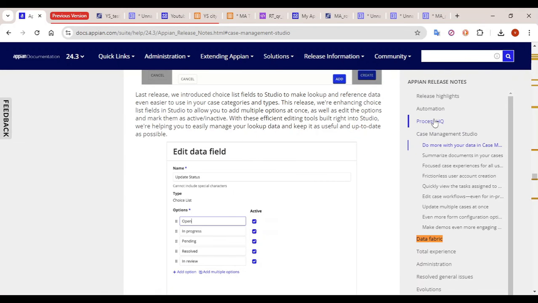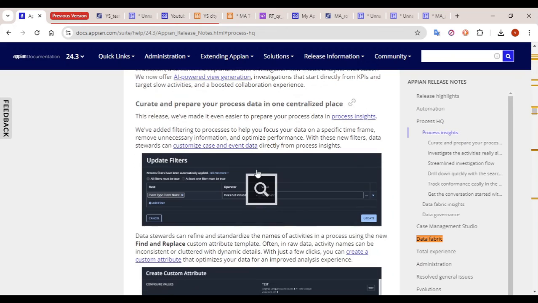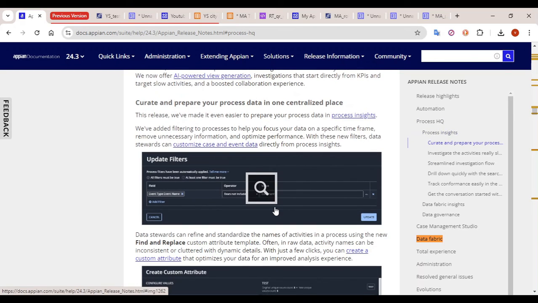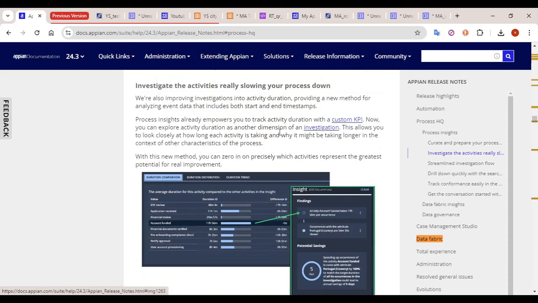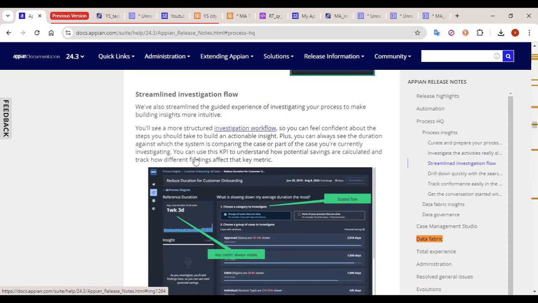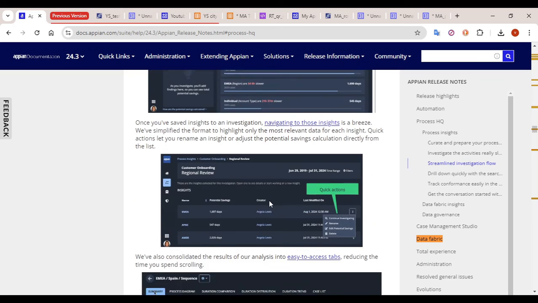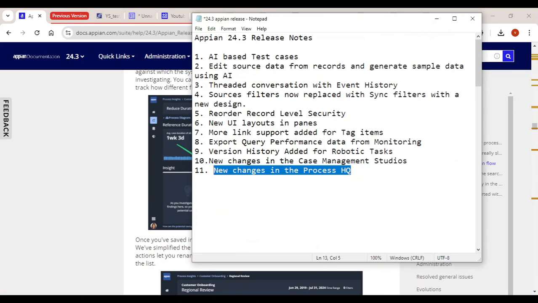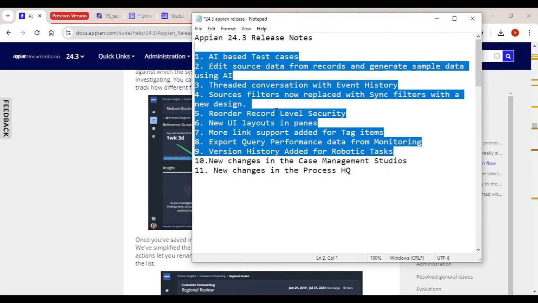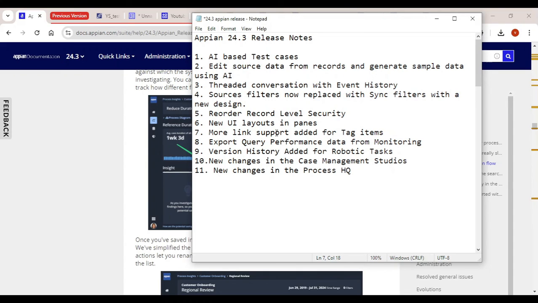They are adding more insights so that business users can curate and prepare reports in a much better way. So all these new features have been added for the Process HQ part.